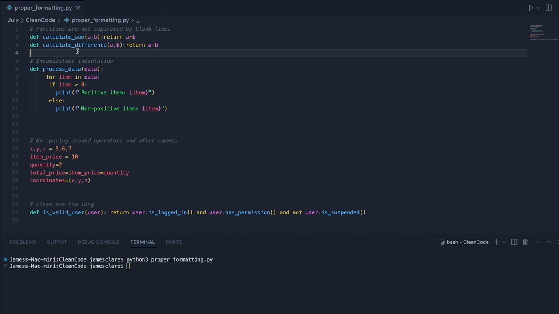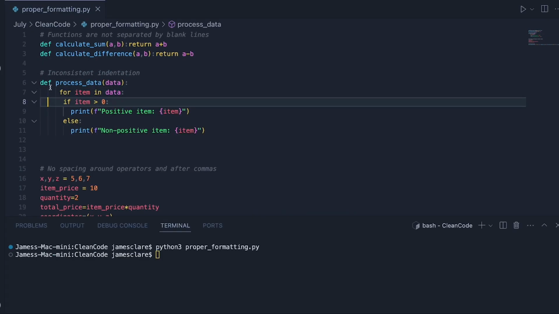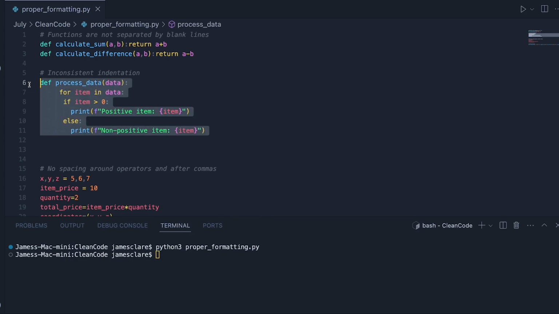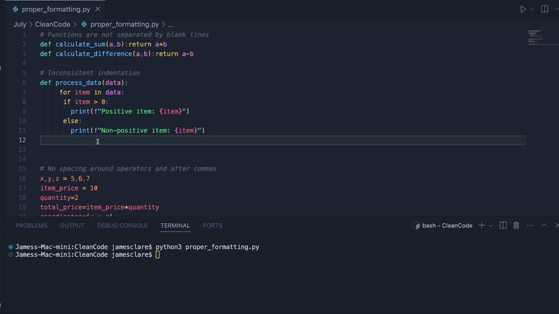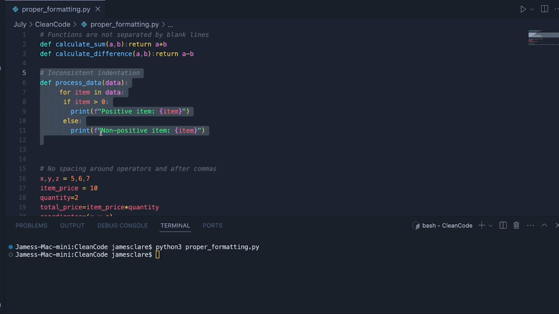There we go. Next up, we have inconsistent indentation here. You can see, hopefully that's visible. If I zoom in a bit more, you can see how it's just past the line here. Ideally, what I like is 4 spaces. So after this function here, I would do 4 spaces, then the for loop, and then 4 more, etc., and keep moving forward. Doing it like this, it's inconsistent, it just isn't very nice. It doesn't make a nice viewing experience. So we'll let Ruff fix this and see how it comes out.